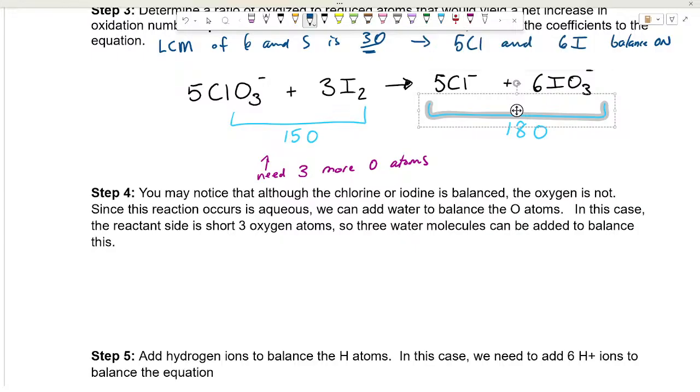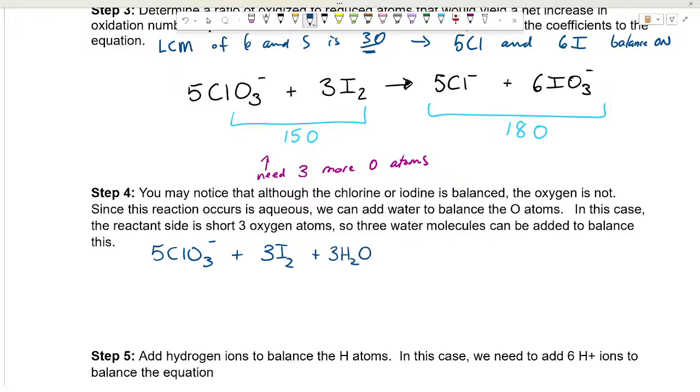3. So we can say 5 chlorate ions react with 3 iodine atoms and 3 waters to form 5 Cl minus ions and 6 IO3 minus ions. Now, oxygen is balanced. Are we done? No. But that's okay because